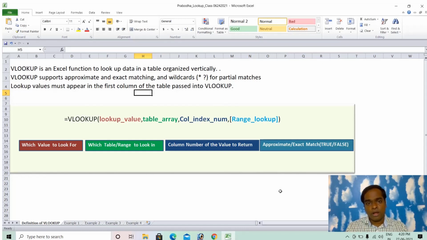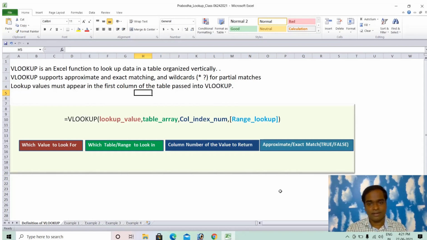Before getting into the example part, let me tell you one thing about VLOOKUP. There will be scenarios when you would like to use the VLOOKUP, and you will come across multiple scenarios while working with real data. Probably you have an employee database having the employee ID, employee name, CTC, and gender, and you would like to retrieve a few pieces of information for a specific employee. Suppose your manager gives you a specific employee ID and says, hey, get some information for me.